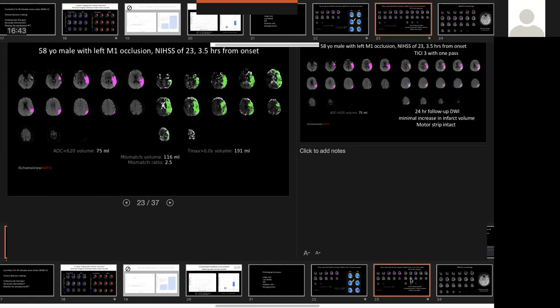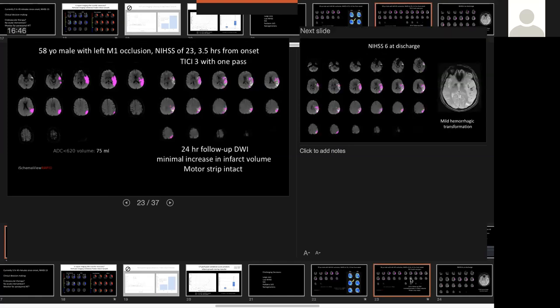So we go ahead and take the patient to thrombectomy. Fortunately, got a TICI-3 reperfusion with one pass. We don't expect any of that initial 75 to go away. And because it's going to take some time to reperfuse, often the infarct volume will be bigger than that initial 75 ml. And if you can see the 24-hour follow-up, you can see it is a little bit bigger, but